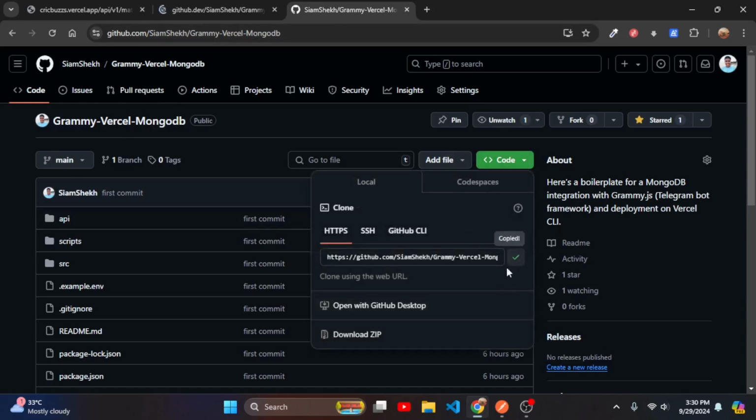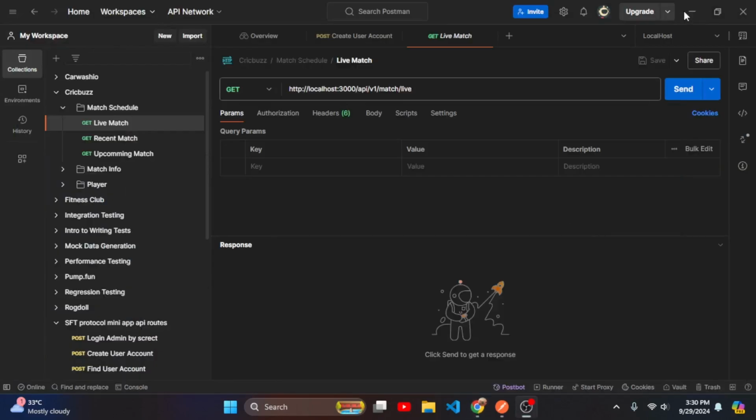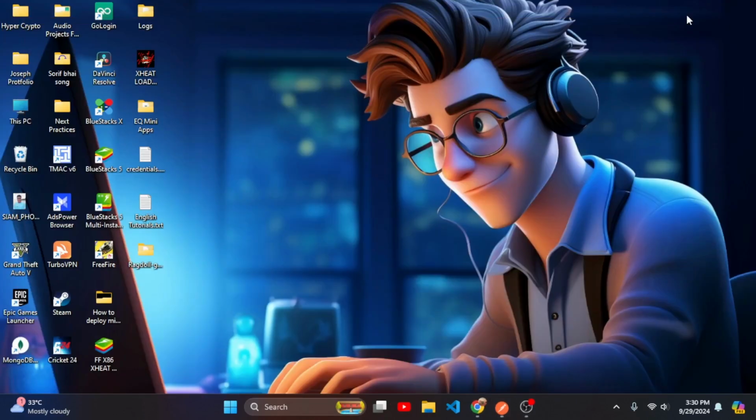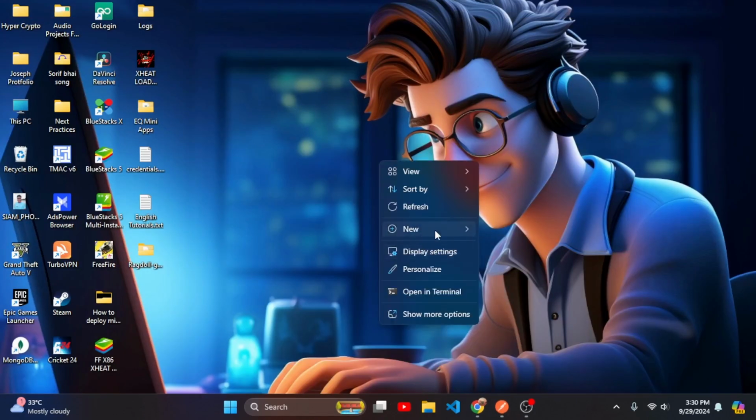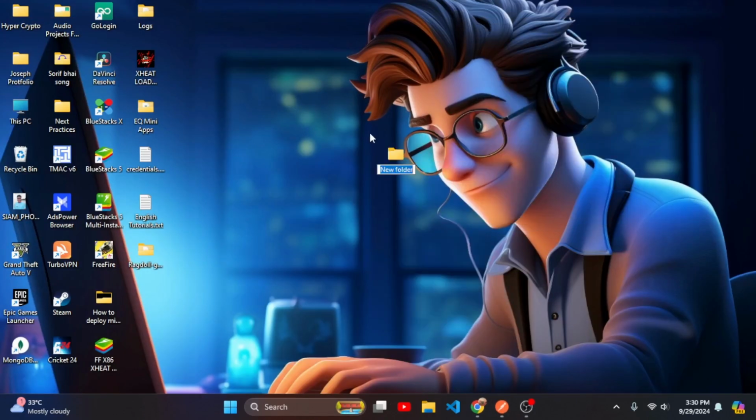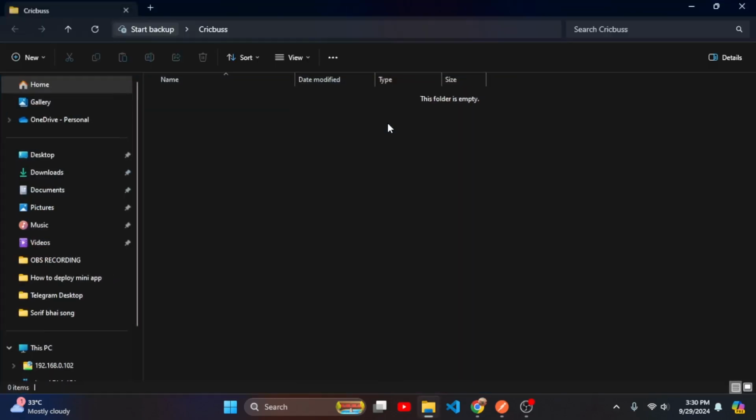I need to clone that, so I will make a folder at my root level or on the desktop. So here I create a folder. The name should be ClickBus. Okay,